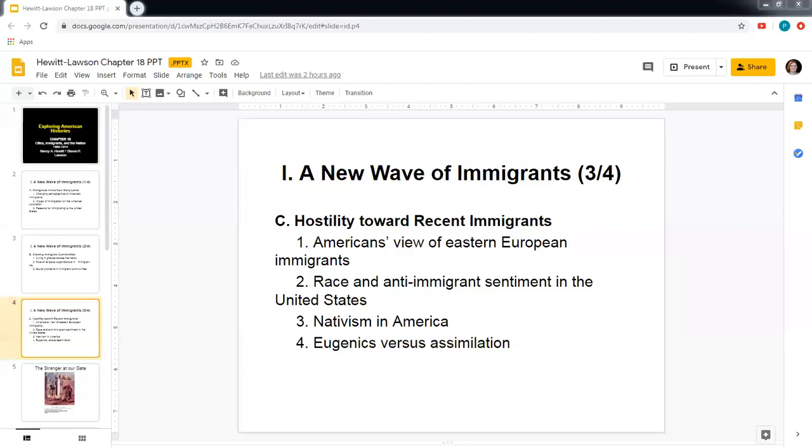So these eugenicists would really advocate for restrictions on the ability to marry unless you could provide for your children, unless you had a certain education level, income level. And they also wanted to make sure that anyone who had any type of disability would not be able to reproduce as well. Some reformers advocated for assimilation of immigrants, just as they had for Native Americans, and encouraged an